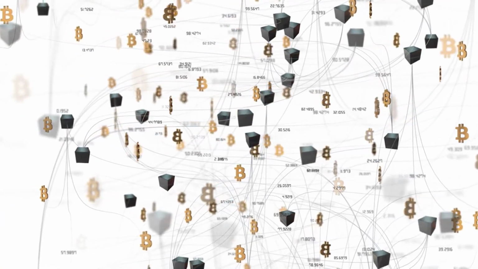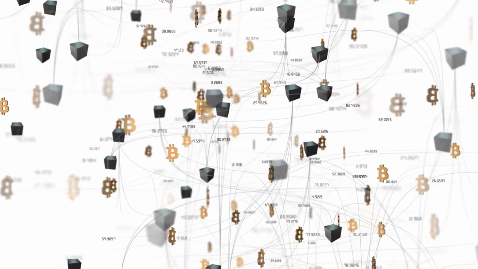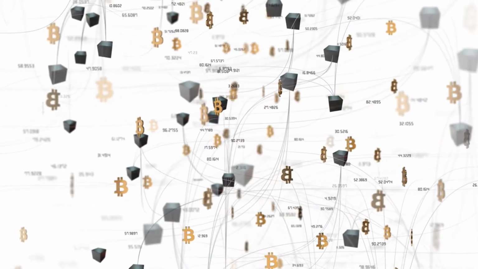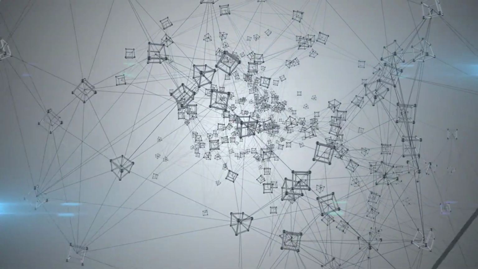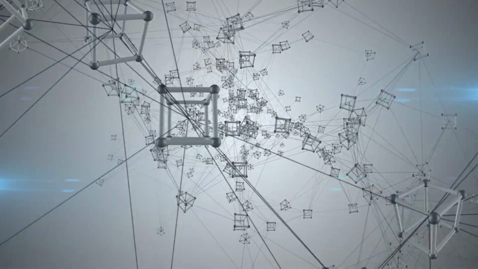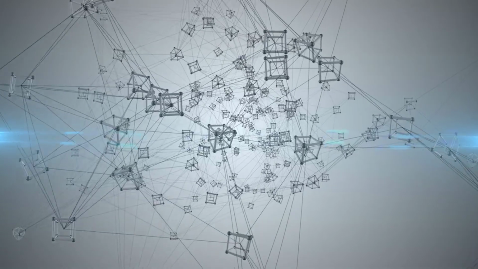PBFT makes it difficult to trick other nodes because all the nodes must unanimously agree on the truthfulness of the new block before adding it. The only way to add fraudulent transactions would be to simultaneously control all the nodes. Every node involved in the unanimous decision gets a small share of the block reward.